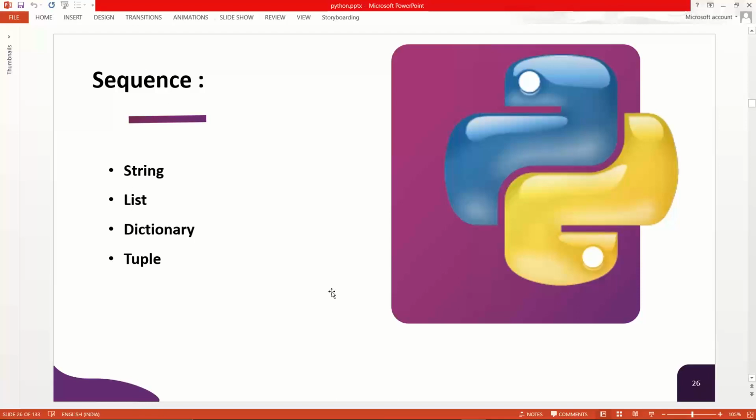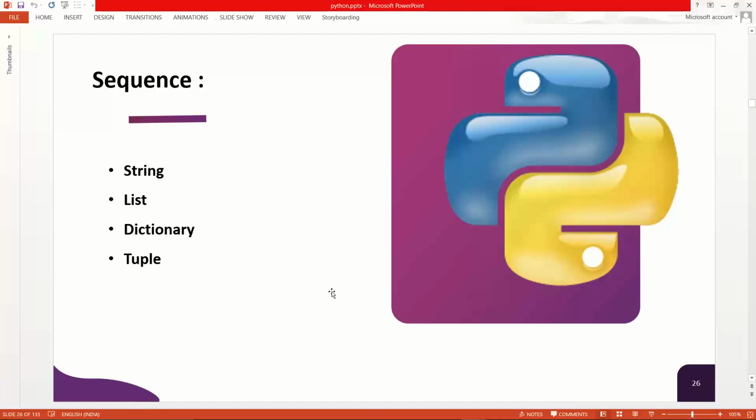Now, what will be the change over here? They can use each and every bit of the data. They can call the data from the tuple and use it anywhere. They can create a list out of it. They can use it in any way, but they cannot alter or make changes to the original data. Are you getting my point? So this is how tuple gives security. And sets, I already told you, don't have two values of the same kind. One cannot be repeated twice. So this is what sets are.